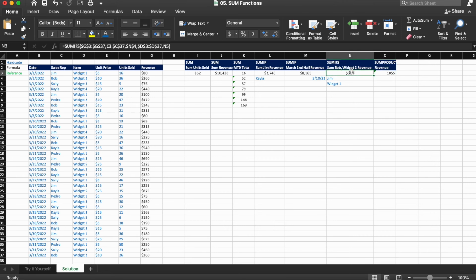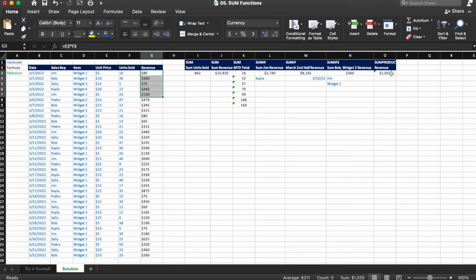And let's reformat this. Take our friend the Format Painter. So $1,055. So now if we go to G3 and select down to G7, we have 1055 with our formula. We have 1055 down here in the status bar.